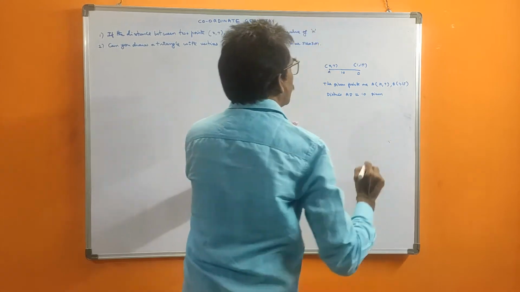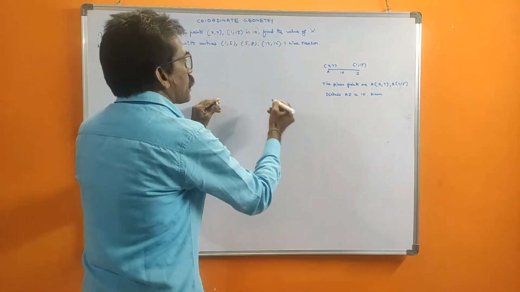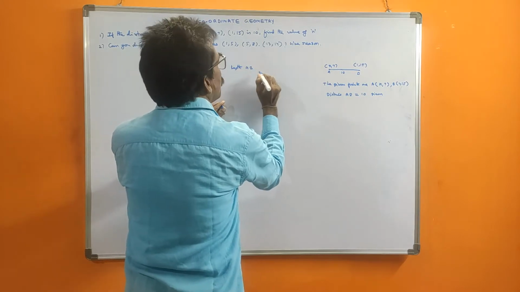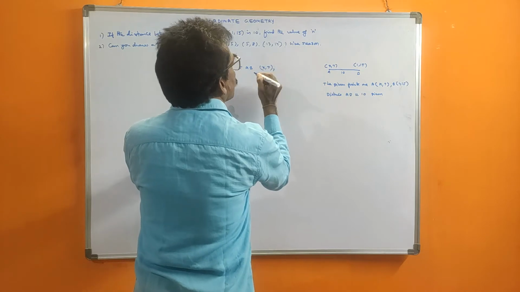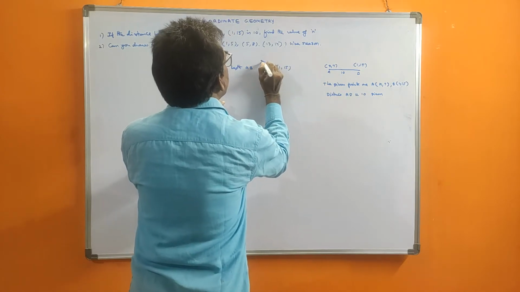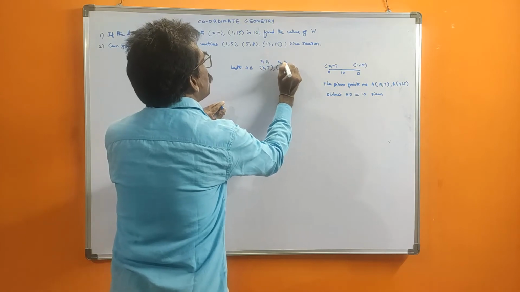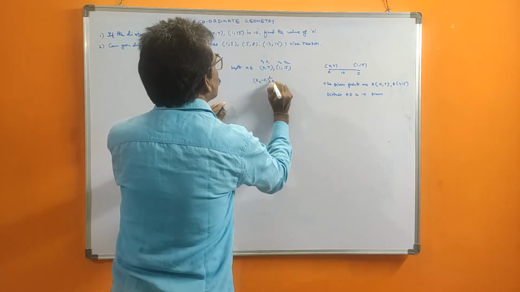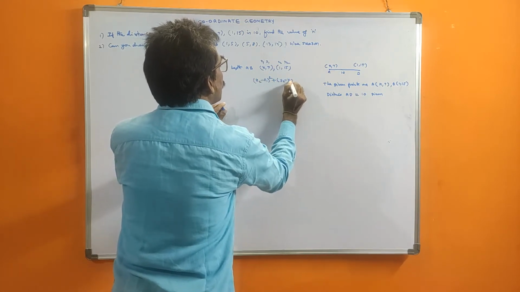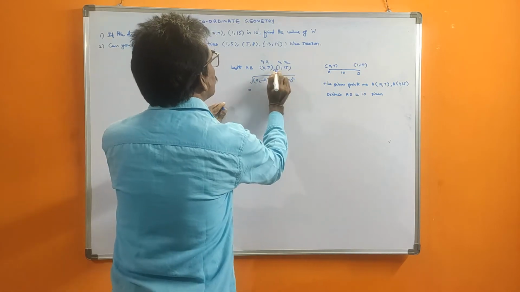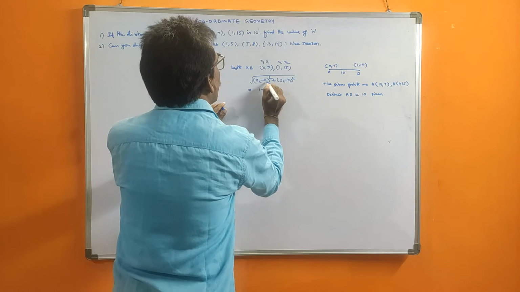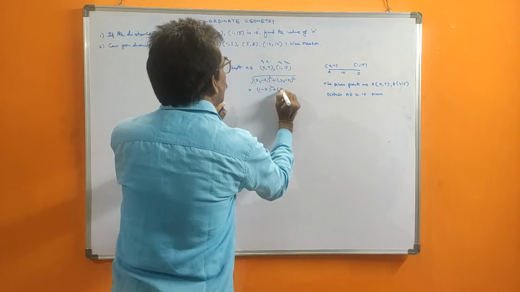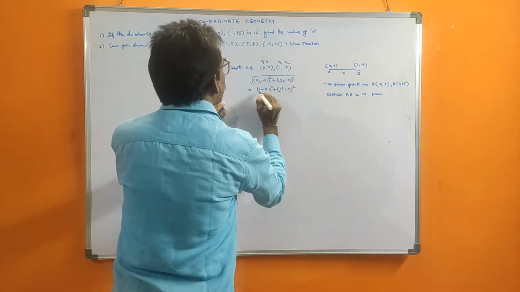This is given. Now, according to our formula, we write length AB, with the points (x, 7) and (1, 15). Take them as x1, y1, x2, y2. According to our formula, what is that formula? The distance between 2 points is the square root of (x2 minus x1) whole square plus (y2 minus y1) whole square. In this you substitute these values: x2 is 1 minus x1 is x, whole square, plus y2 is 15 minus y1 is 7, whole square, under root.